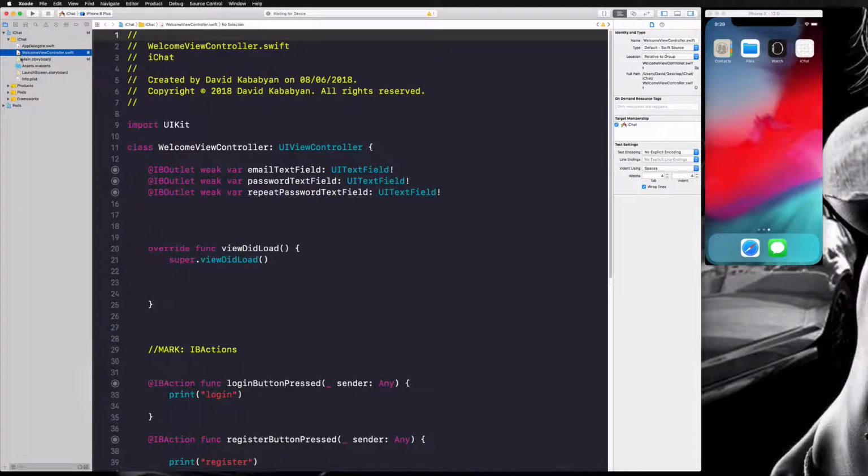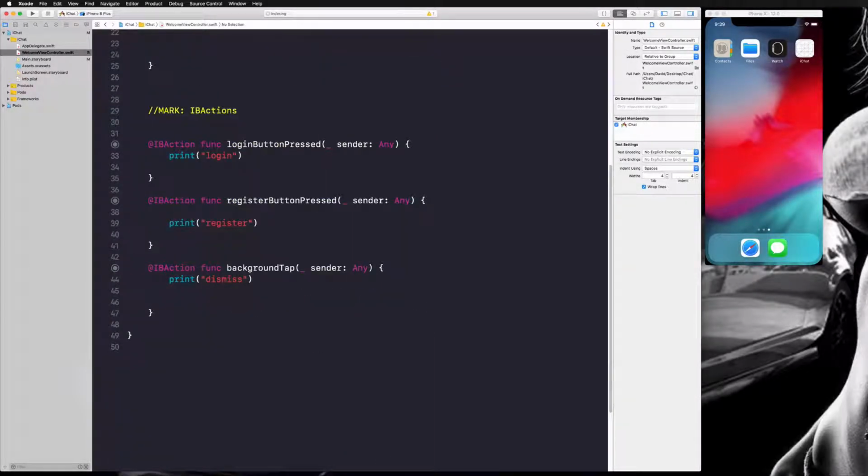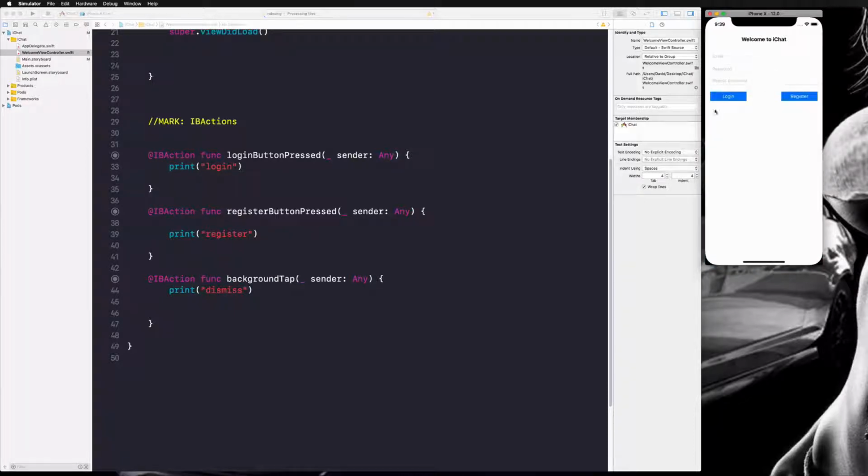and let's go to our welcome view controller. Right now, in order to use our login and our register button, every time our user clicks on them, let's open this. When the user clicks on them, we want to clean all these 3 text fields. So whatever text we have there, we want to get rid of them. In order to do this, we are going to